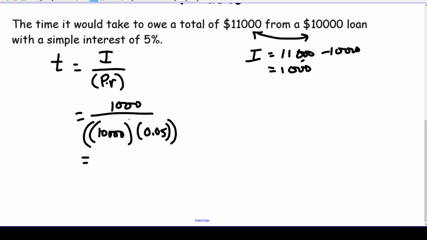And I can do a lot of this question without my calculator because I can cross off those 3 zeros with these 3 zeros, since both of them can be factored by 1,000, and those thousands will cancel out. And then I'm left with 1 over 10 times 0.05. Well, 10 times 0.05 I can do in my head. That's just 0.5. And how many times does 0.5 go into 1? So the answer is 2 years. And this answer is in years because the normal unit is years for your time value.